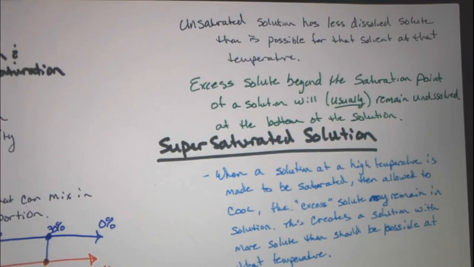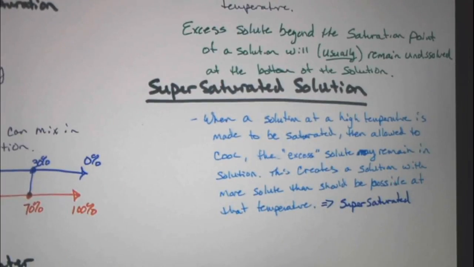Okay, but it remains in solution. This is called supersaturated. It has more dissolved solute than should be in there. Now, I have an example of this. Okay, and we're going to watch a short video that will demonstrate what happens when